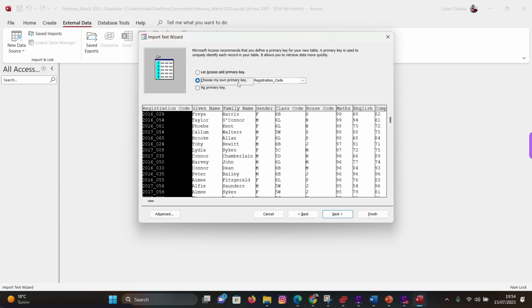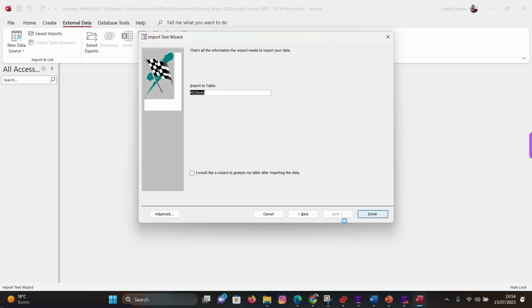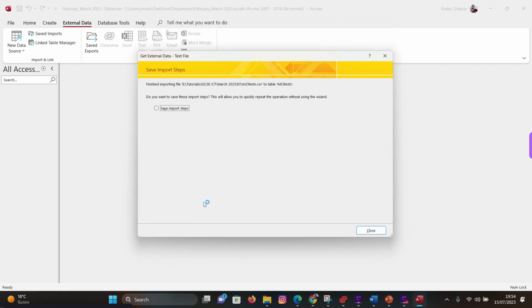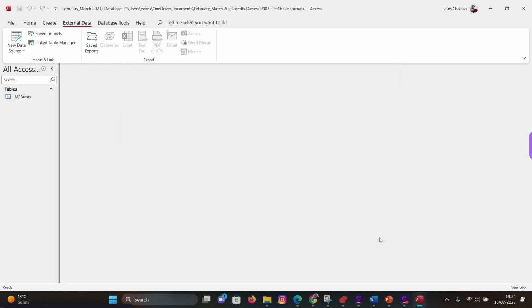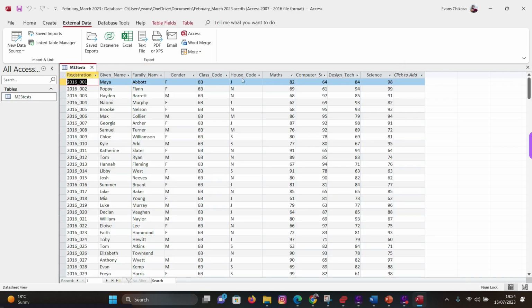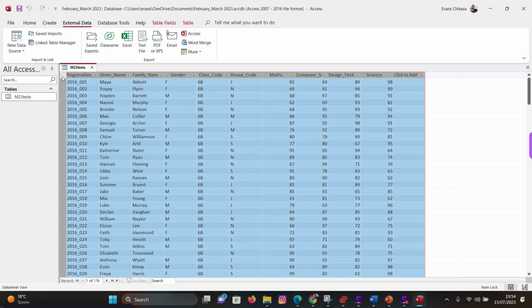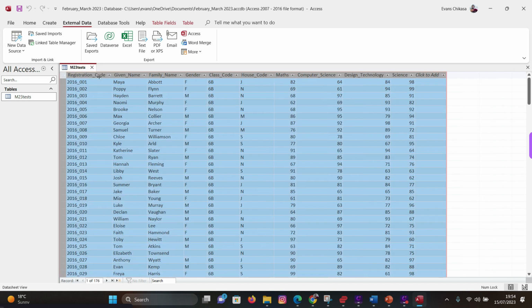So choose my own primary key and set it to registration code and go to next and then finish. Now you just have to confirm that the English field was not imported. So if you go back to your table, just double click there and double click here as well. Notice that you have math, computer science, design, technology, and science, and English has actually been skipped, which is what